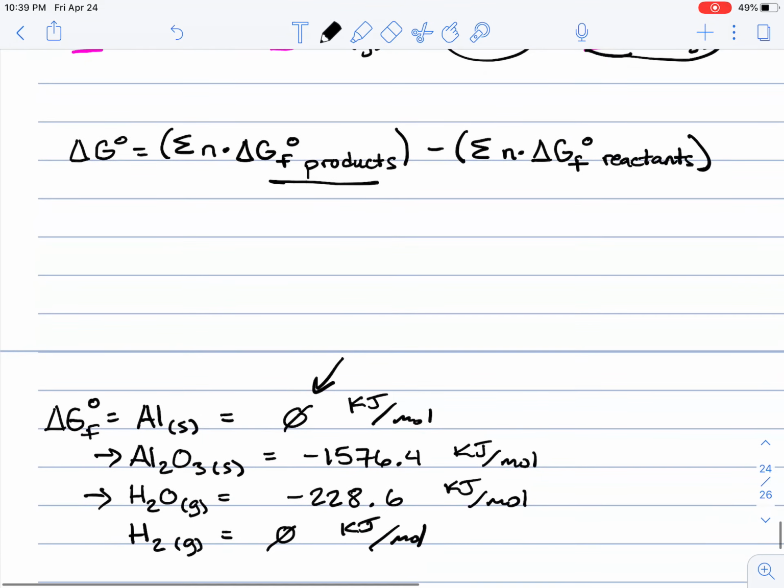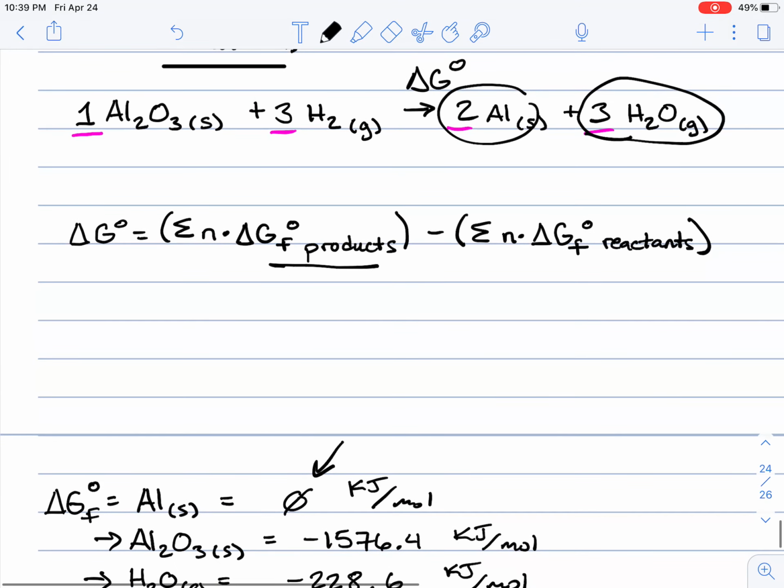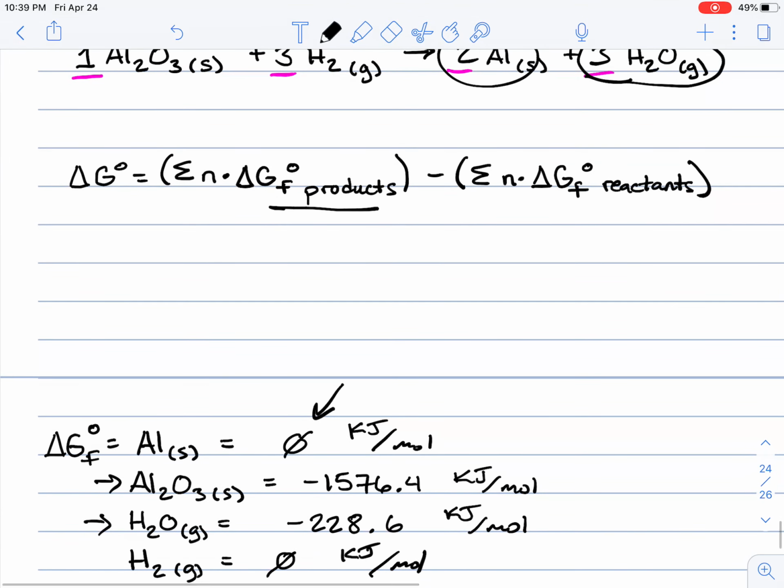And so what we're going to do is take 3 moles and multiply that by negative 228.6 kilojoules per mole, minus